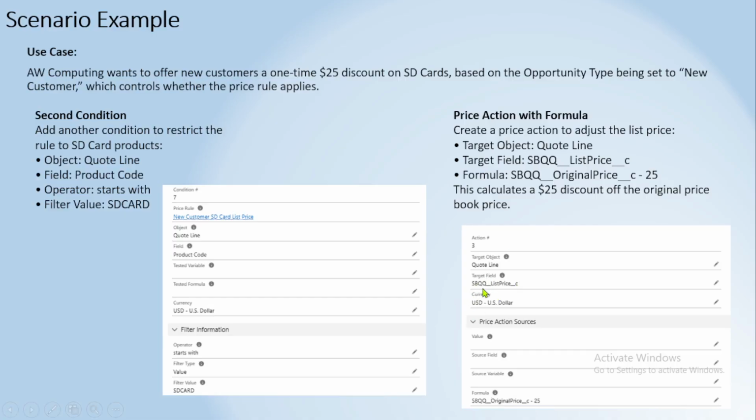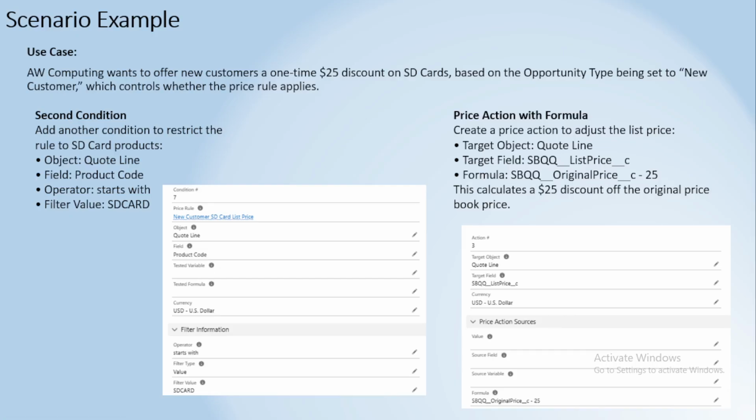Suppose the list price is 100, and when we click on this calculate button, it reduces the list price minus 25. List price minus 25, 100 minus 25. So the new list price value is 75. Suppose I click on the calculate button again. Now this formula will run the same action again. What will the list price be? List price now is 75 minus 25. Now the new value is 50. Every time I click on the calculate button, it will reduce the same value again.